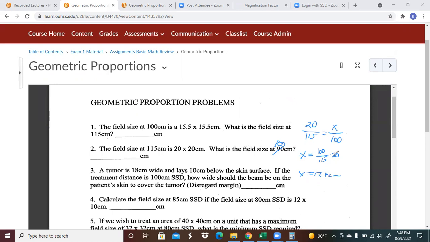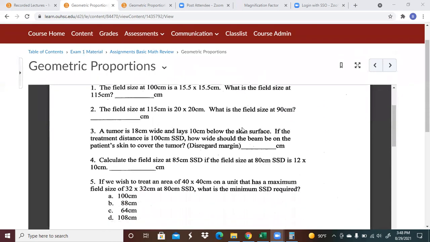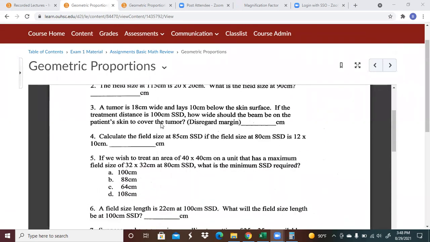So there you go. Answers to the first two problems. Now, let's go down a little further. A tumor is 18 cm wide and lays 10 cm below the skin surface. If the treatment distance is 100 cm SSD, how wide should the beam be on the patient's skin to cover the tumor? So if it's 18 cm wide,